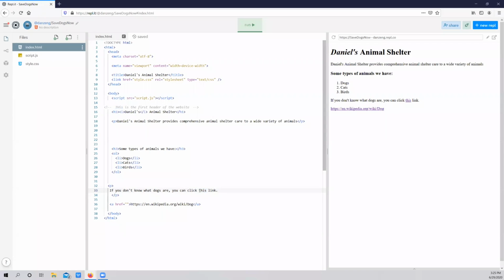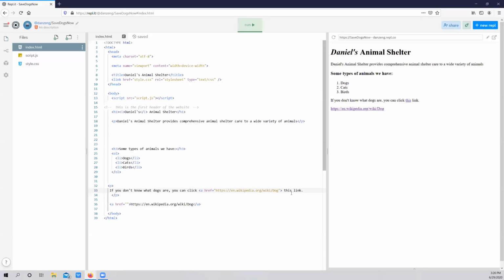So remember, we do the a element, and then the href attribute, and then that equals, and then two quotes, and then we have the URL inside of the quotes. Now, remember, you need to close this off before